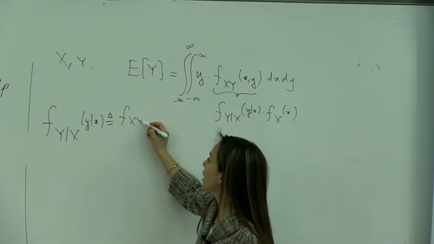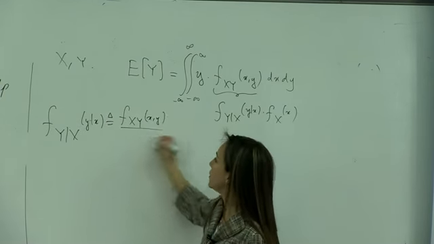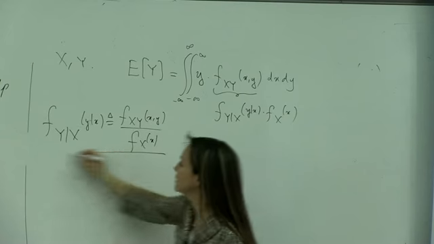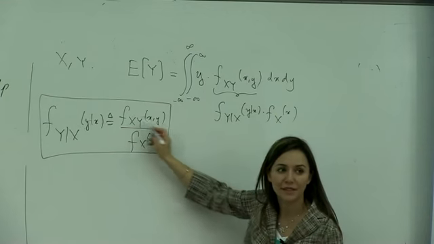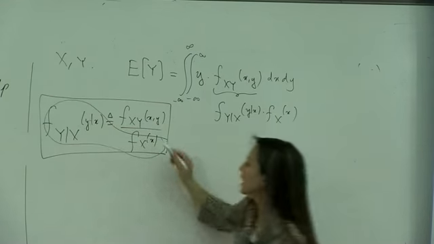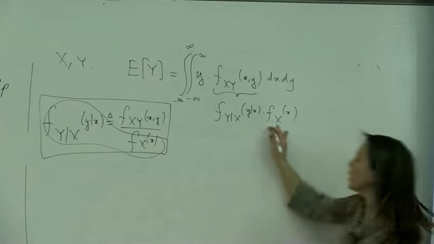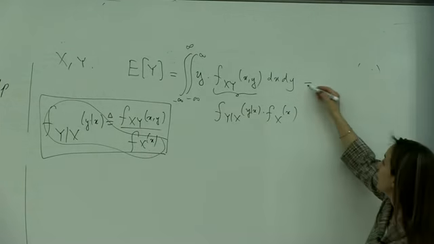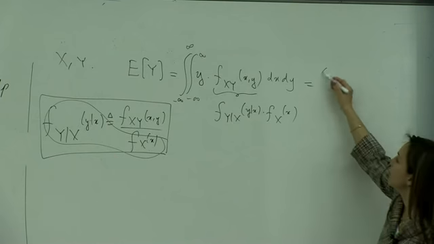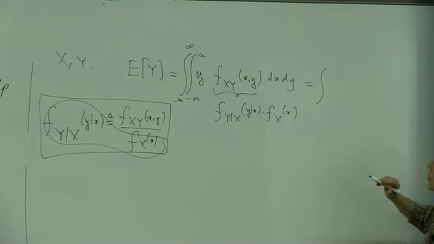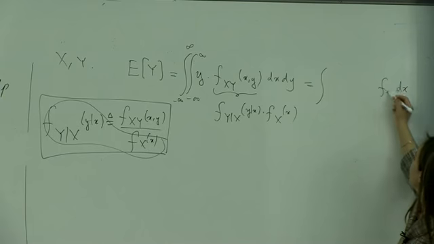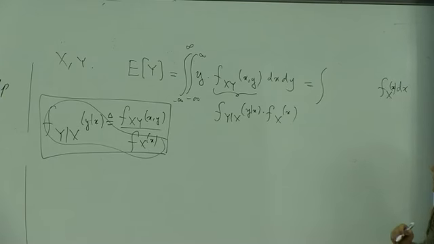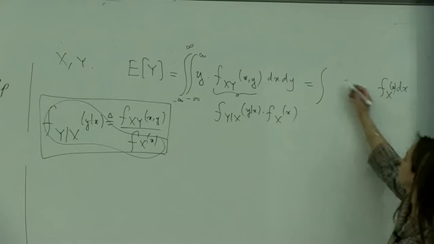f of x y divided by f of x of x, right? So we can write the joint density by multiplying f x and f y given x. Okay, I did this. Now I'm going to simply put the x integral outside. So I'll have dx on the outside, f x of x on the outside. And inside I'm going to have